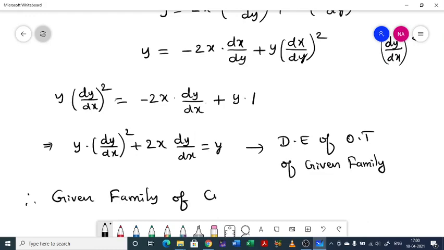Given family of curves is self orthogonal. That's all. So with this we are going to wind up discussion on orthogonal trajectory of Cartesian